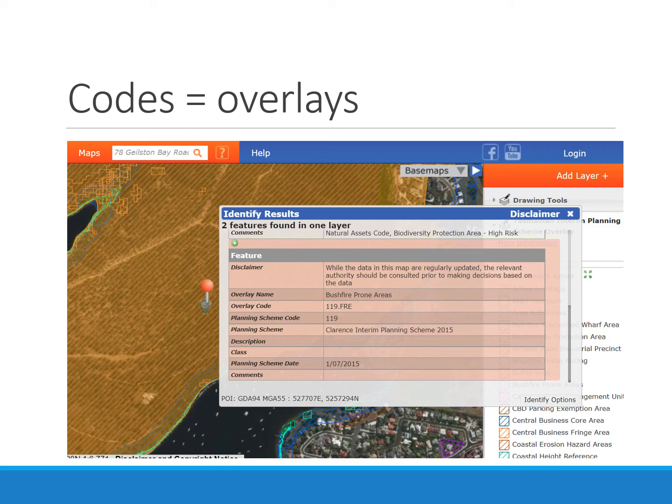So really important, because codes will override zones if there's any conflict, and it might be that there are biodiversity controls, for example, which there are in this case, that restrict what you're able to do in terms of impacting the environment.